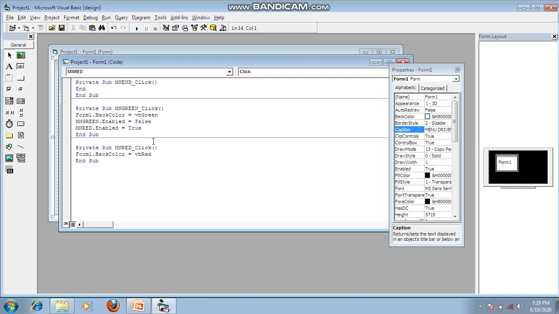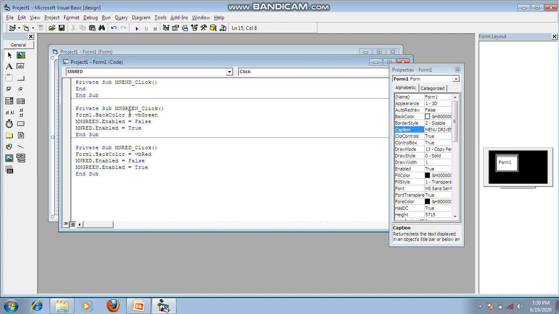The same way here also, when I'm pressing this red, mn red.Enabled is false, and mn green.Enabled is true. It is nothing but controlling the menus at runtime.